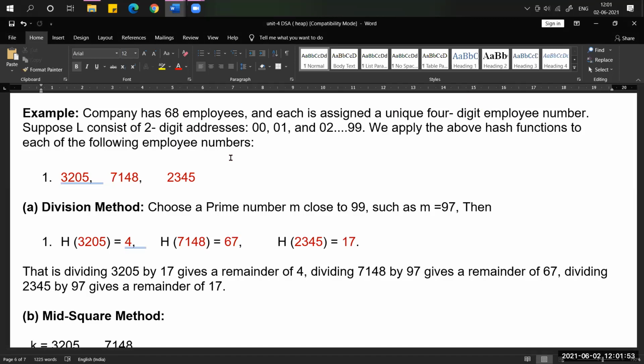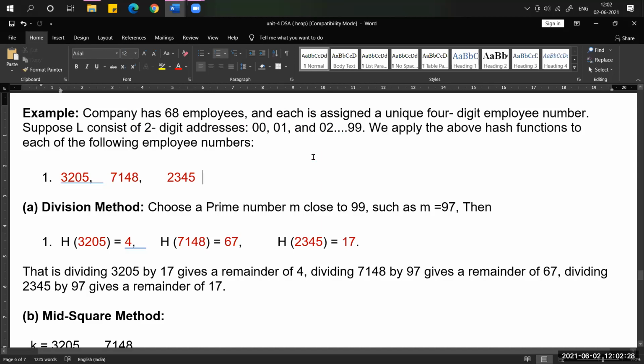How is the compiler going to calculate the index numbers, meaning locations? The condition given is a 2-digit address. It means 0, 1, 2, 3 up to 99 are all location numbers, like index numbers. At that particular location number, we are going to store the employee numbers.